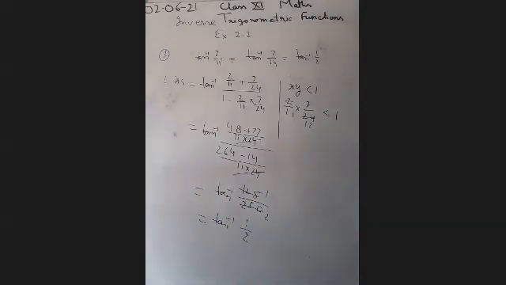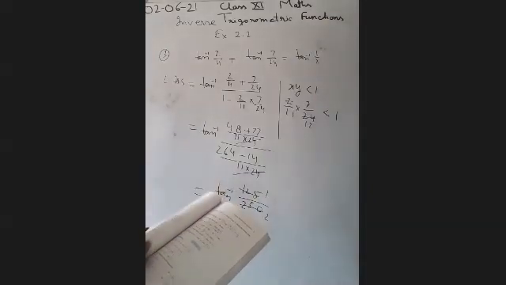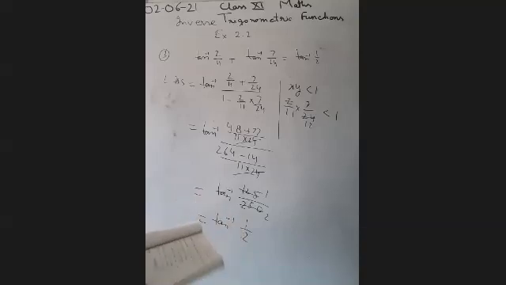In this way, you have to do question number 4. First of all, you have 2 tan inverse x. The 2 tan inverse x formula they have given you: tan inverse 2x upon 1 minus x square. So you can do question number 4. After that, you can use the formula tan inverse x plus tan inverse y. I am just taking question number 5. The remaining questions I am just telling you.